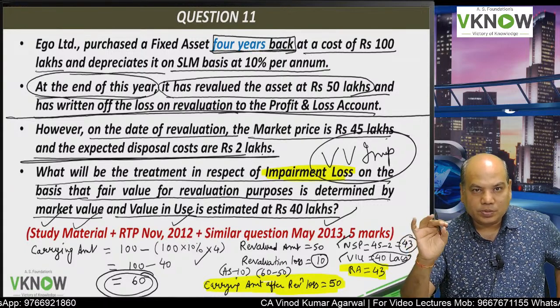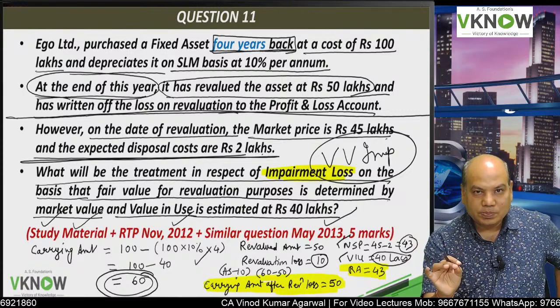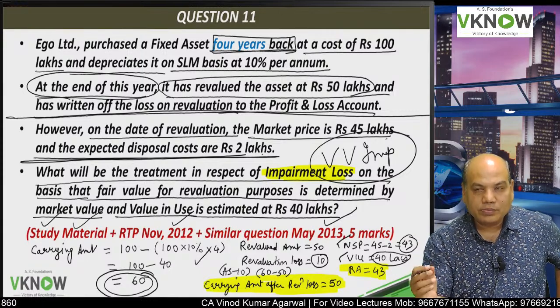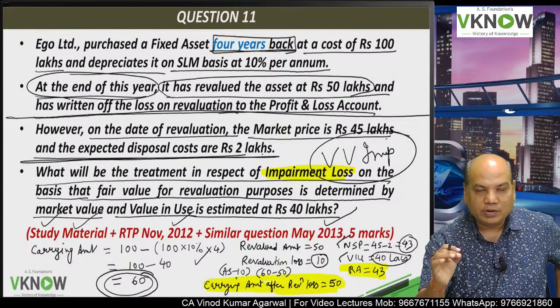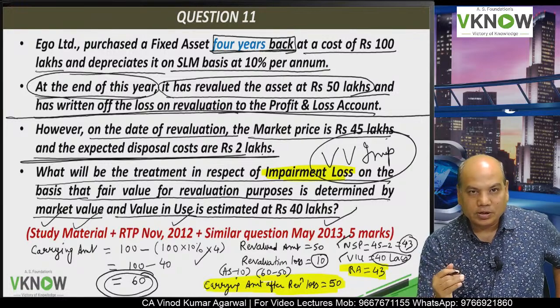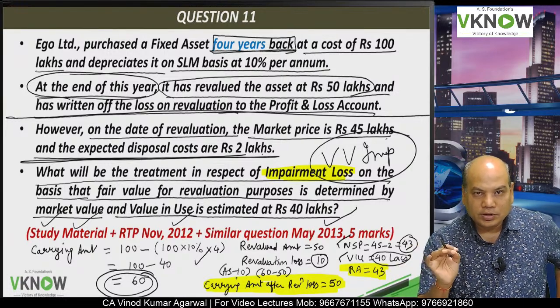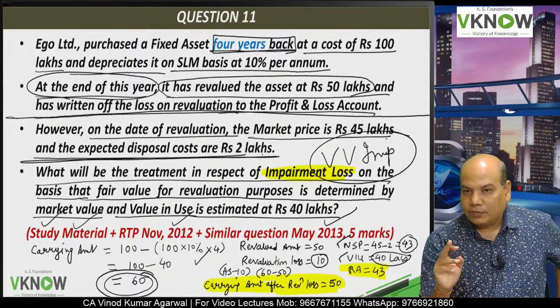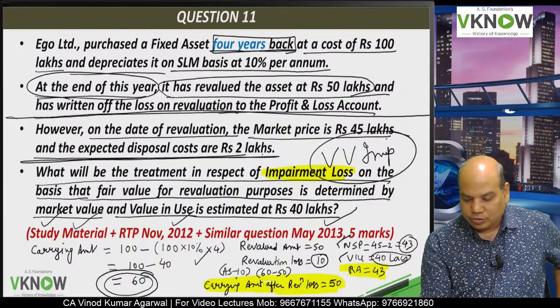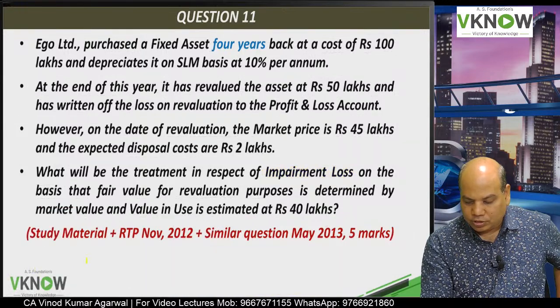Total depreciation provided 40 lakh. Carrying amount 60 before revaluation loss. Then after providing revaluation loss of 10, carrying amount is 50 lakh. Then you computed recoverable amount which is 43 lakh. 50 versus 43. So the answer is now you will have to provide for